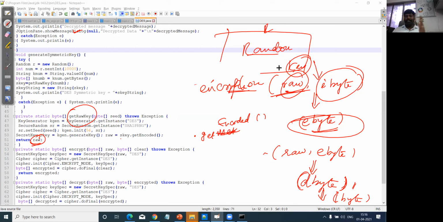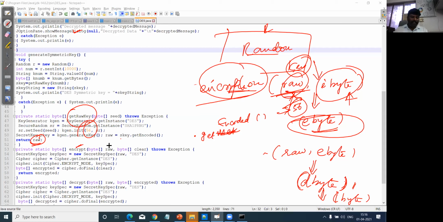Now I hope the concept is clear. In order to do the encryption, you will have a key which is 56 bits in size, and you will have the input byte. Based on this 56-bit input key value and the input plain text value, we will do the encryption function.